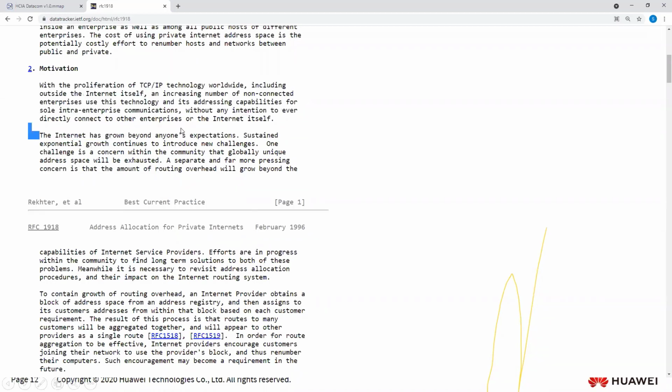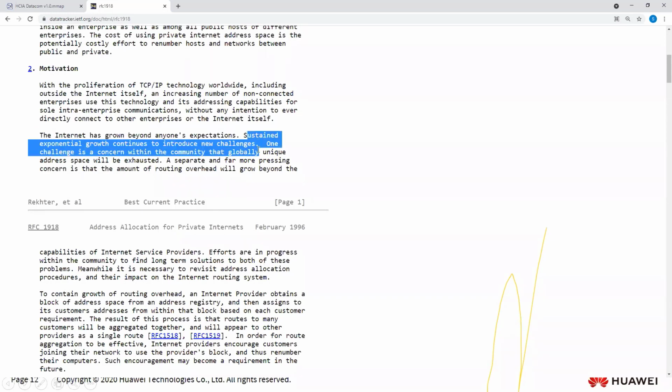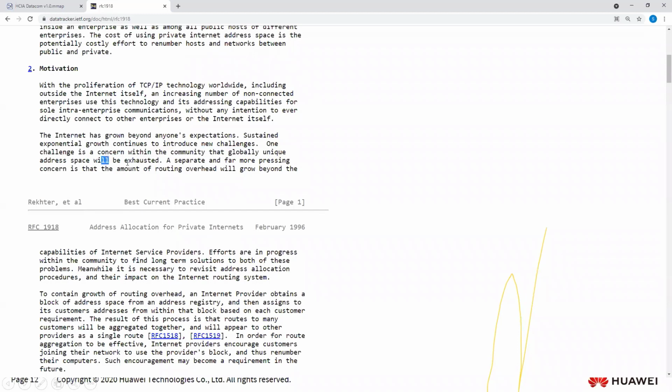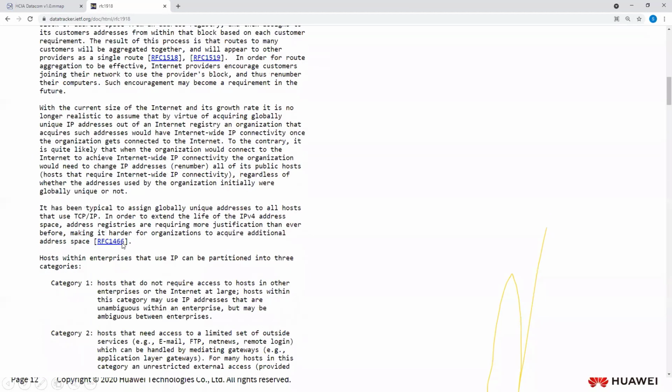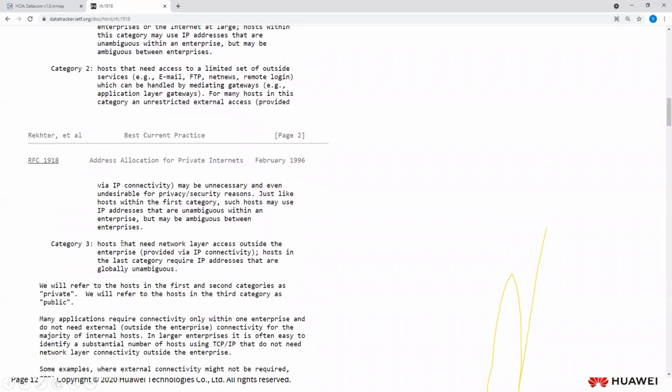The internet has grown beyond anyone's expectations. Sustained exponential growth continues to introduce new challenges. One challenge is a concern within the community that globally unique address space is going to be exhausted. A separate and far more pressing concern is that the amount of routing overhead will grow beyond the capabilities of ISPs. These are the motivations behind